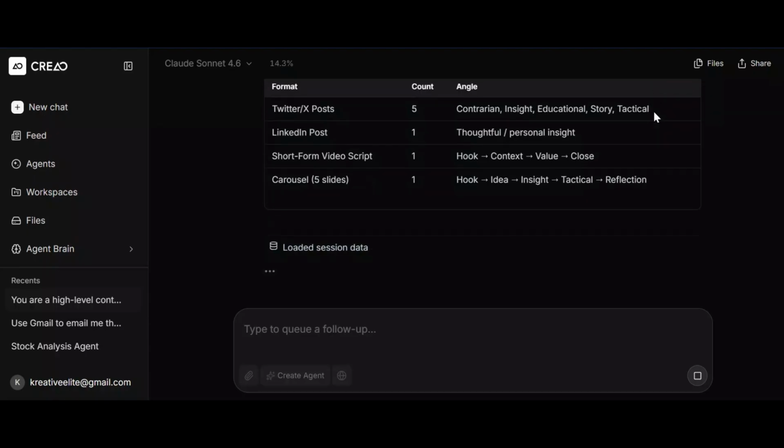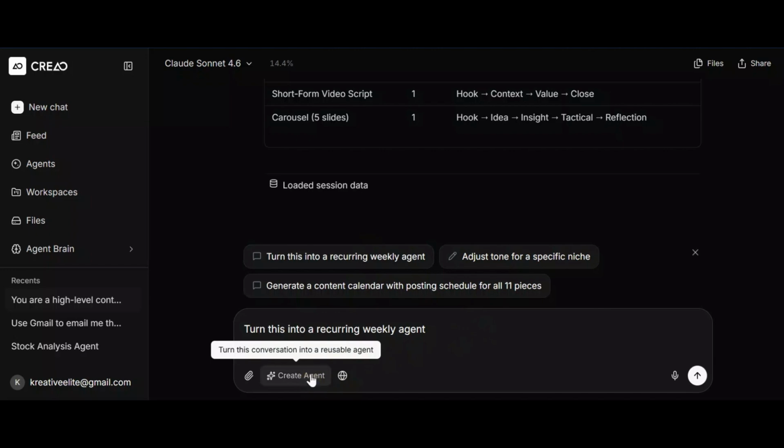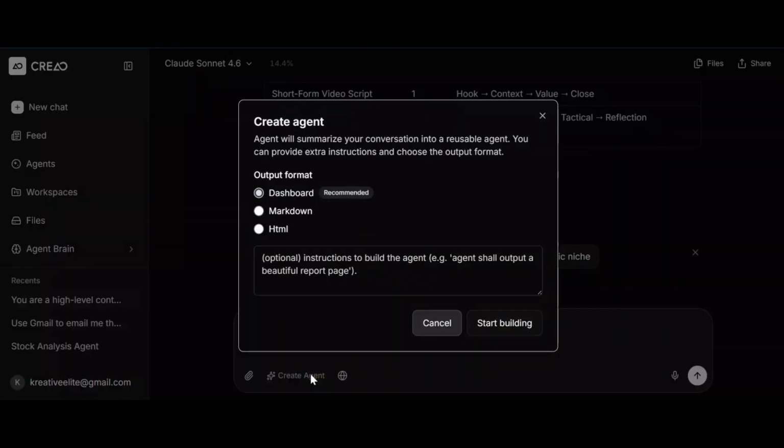So this guy is done, and it's giving me a format of what he had worked on. Broke it down here, and now it's done. So we want to turn it into a recurring weekly agent. I click on create an agent, and if I had optional instruction I wanted to include, I would have added that here, but I do not have any other instructions apart from the one I already gave it. So if you have, this is where to type it in, but for me, I did not have any other thing to include. So start building,